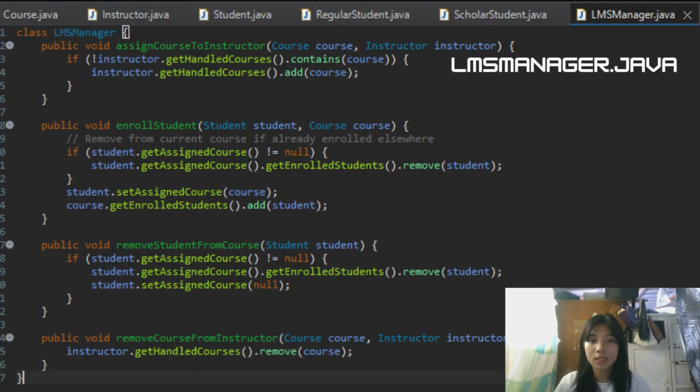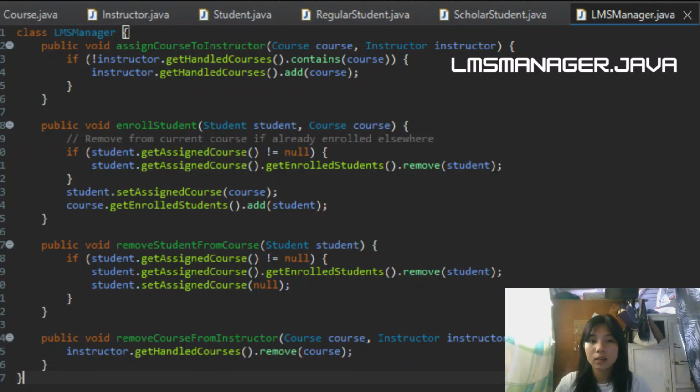The first method is assign course to instructor, with course and instructor parameters. This method assigns a course to an instructor. Before adding the course, it checks if the instructor is already handling that course using the contains method. If the course is not yet assigned, it is added to the instructor's list of handled courses. This prevents duplicate entries.